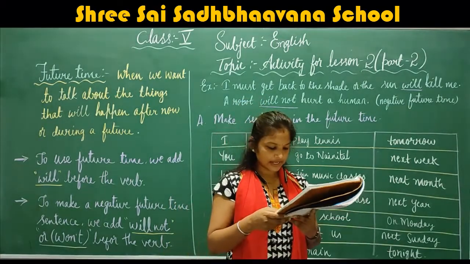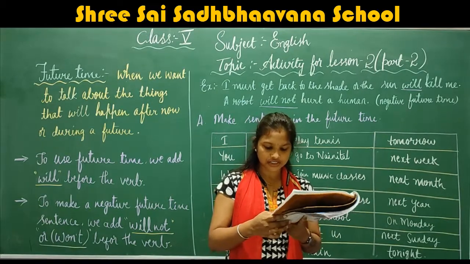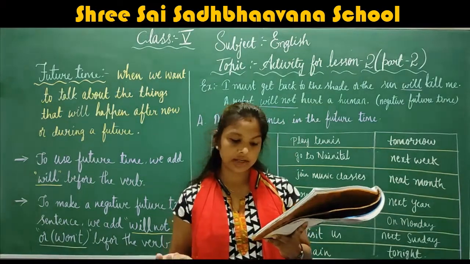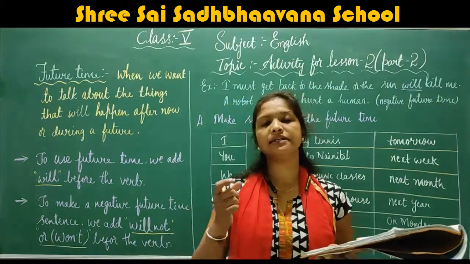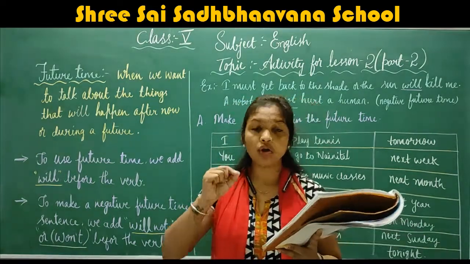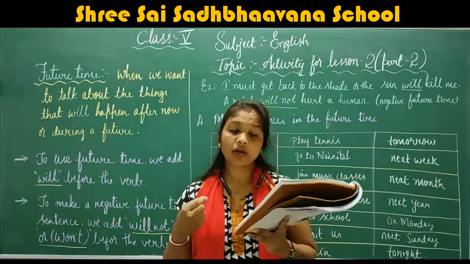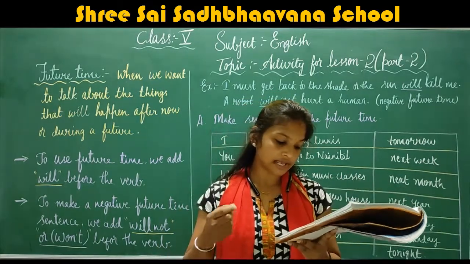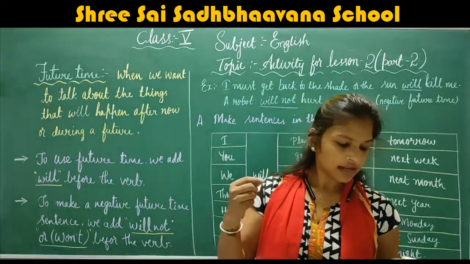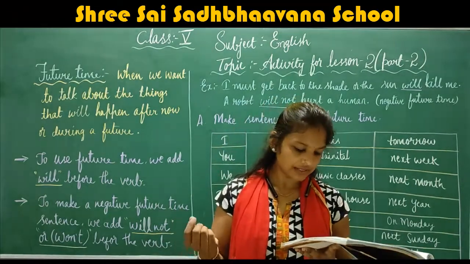You competed against other teams as they complete a course of challenging exercises. Next, you competed. Competed is a past tense form, right? Underline the word competed and on top of that, write will compete. You will compete against other teams as they complete. Instead of writing they, we can add the future time word, that is will.